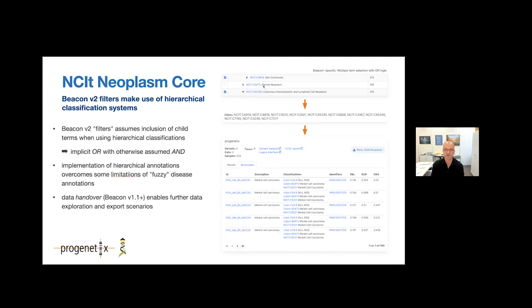This is, for instance, the implementation of NCIT Neoplasm Core in our resources, where you are basically able to query now for skin carcinomas or cutaneous lymphoid neoplasms. And since you use an ontology, it then derives all the subclassifications of these, so you don't have to provide those, but it will directly use this tree of classifications, query for all of them, and deliver a response. And these can be used as this Beacon filter concept. There are other parts of the filter concept which we develop, like fuzzy or specific annotations.